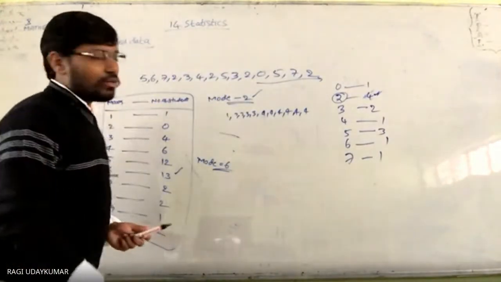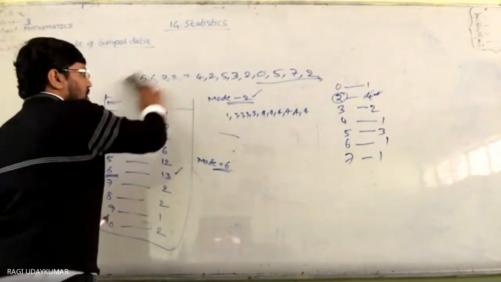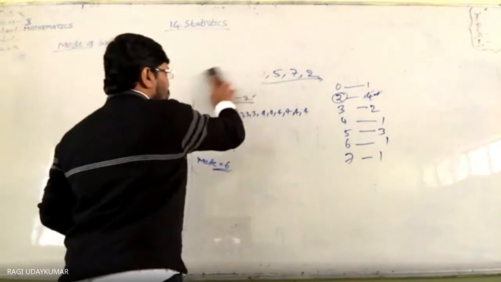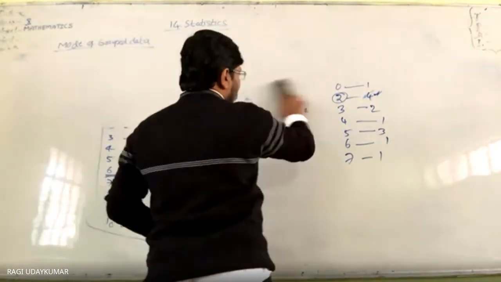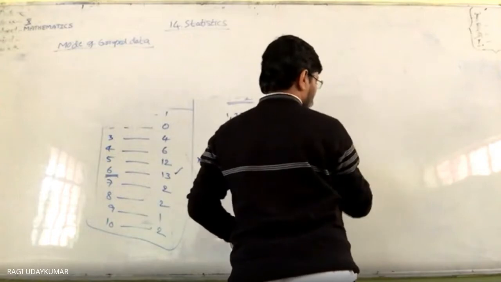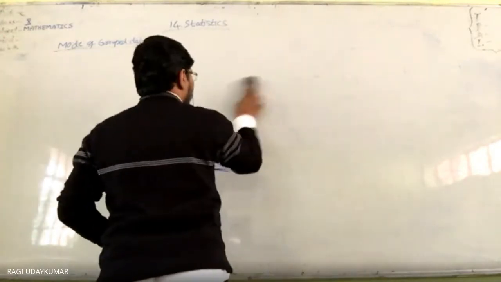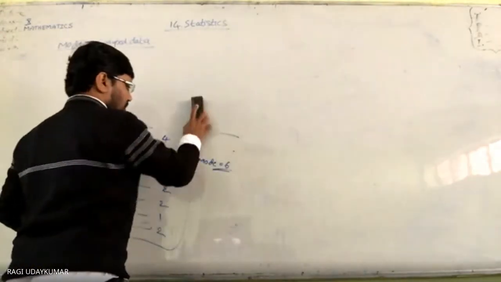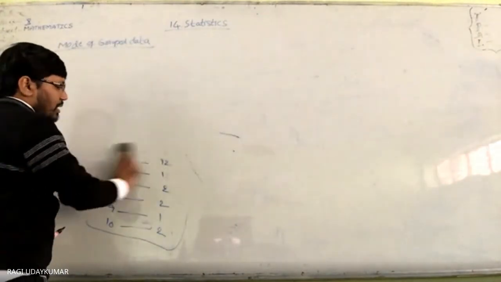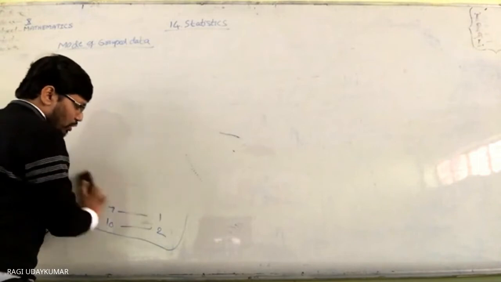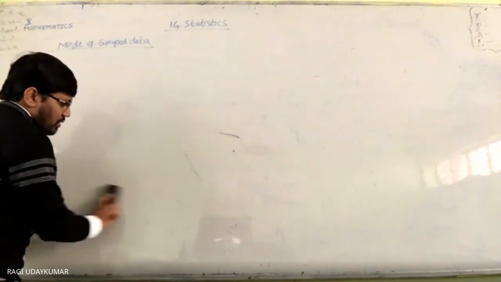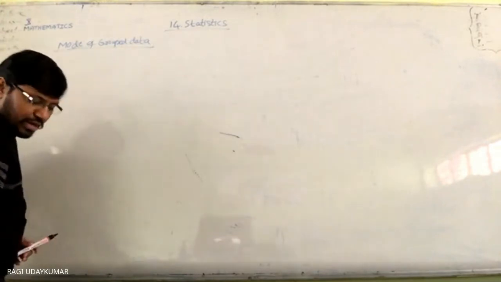So this is how it works when ungrouped data is given to you. Understood? Now if we take grouped data into consideration, first you need to find the modal class. Whenever classes are given to you, you need to identify the modal class. From that modal class you are going to find the mode. The formula to find the mode is